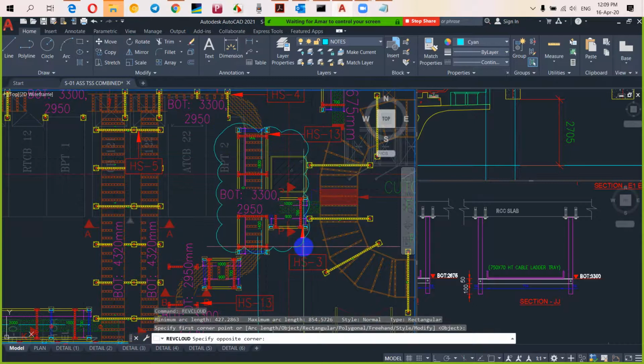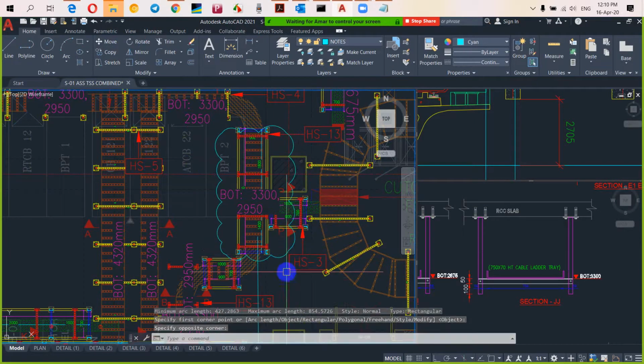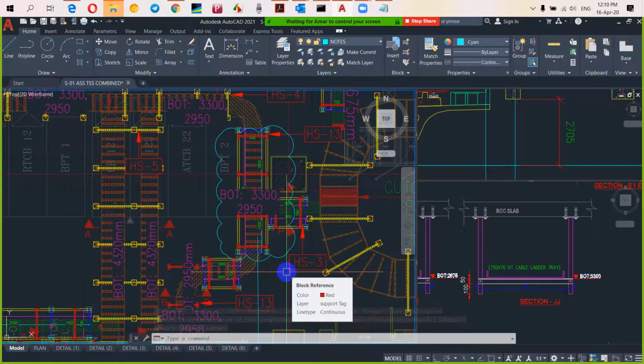But levels are okay, 3300 and 2950. If you say that it is not possible, then I will give the revised levels. Okay. We'll try to accommodate in these levels; if not possible, we'll give the other levels. Anything else you want us to confirm today in this meeting? Yes, just give me some time. I'm taking some notes.